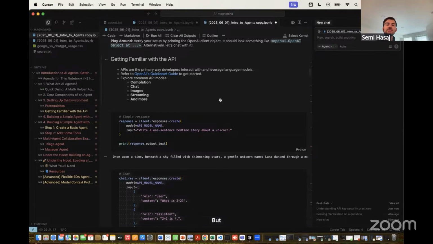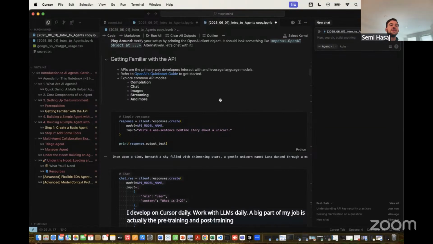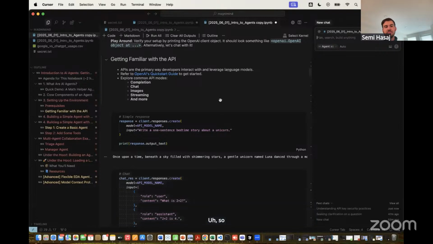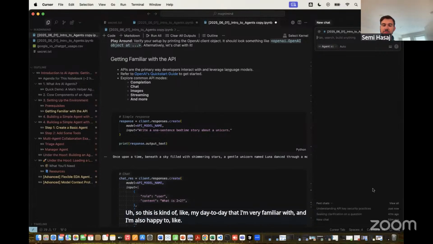But to me as a developer, and just to give you guys context, I develop on Cursor daily, work with LLMs daily. A big part of my job is actually the pre-training and post-training of LLMs for a new domain that the LLM has not been trained on, and then giving the LLM to other developers in my company so that they can become more effective. So this is kind of like my day-to-day that I'm very familiar with, and I'm also happy to answer any questions that people might have.